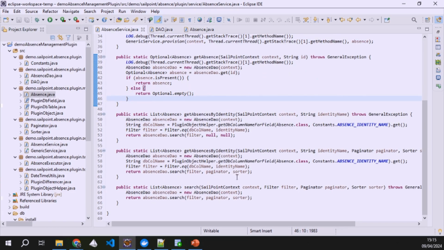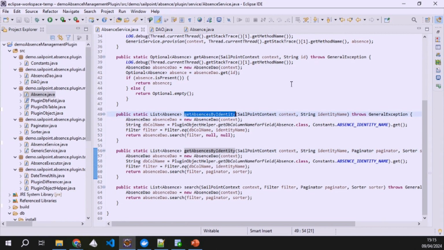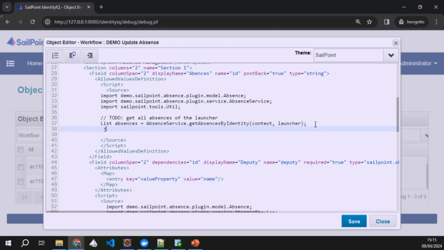In the absence service, there's a get absence by identity. There are 2. I just see the first one. List. Context, and there will be the launcher. Okay. Good. Then next,